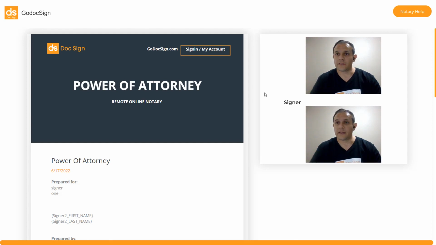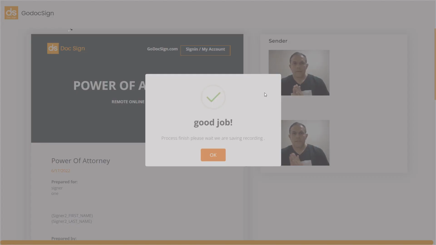So now from the signer's side, they're going to get a notification that says, good job, process finished. Please wait while we're saving the recording. So as soon as this is done, they're going to get redirected to the GoDocSign website, and the notary is going to be redirected to their document tab, where normally their documents are stored,